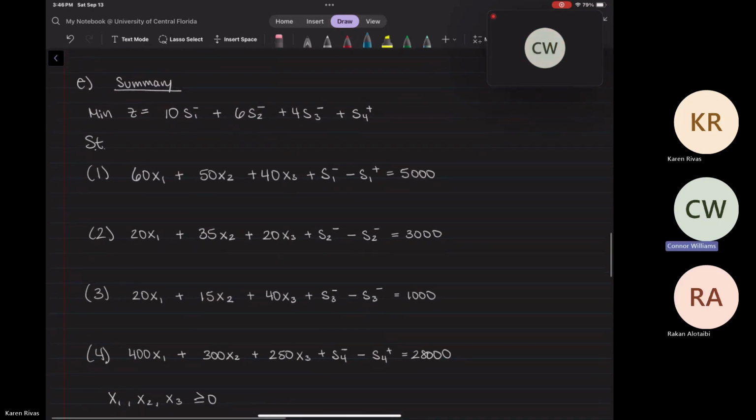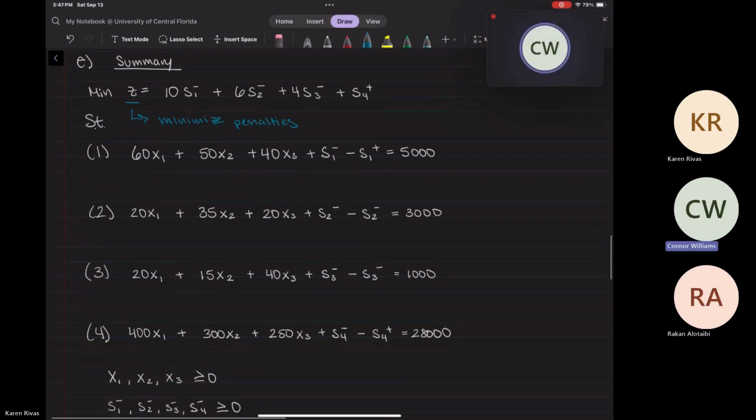All right, so our final summary of the equation for our fruit computer company. Our total goal is to minimize Z, which would be minimizing our total budget. So we get the formula: min Z equals 10 S1 minus plus 6 S2 minus plus 4 S3 minus plus S4 plus,